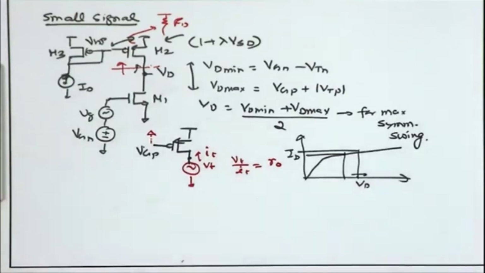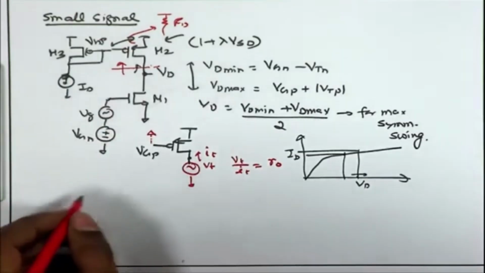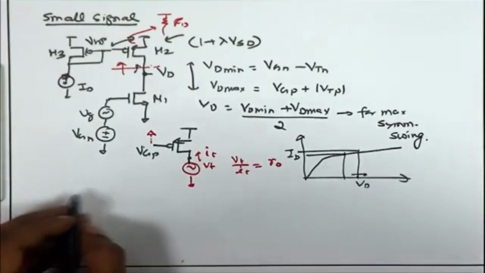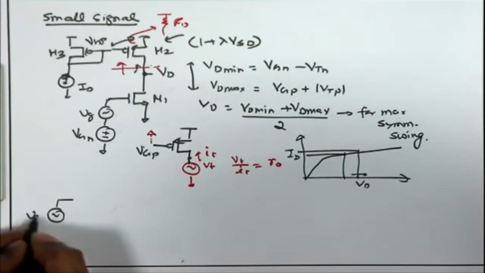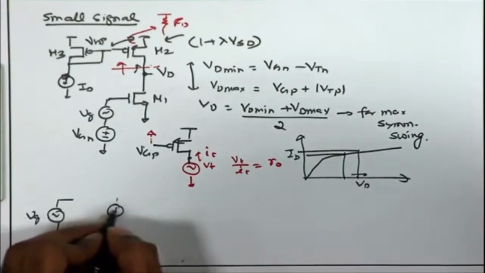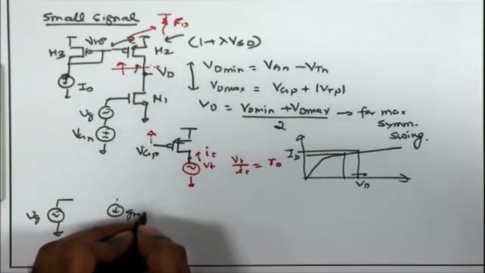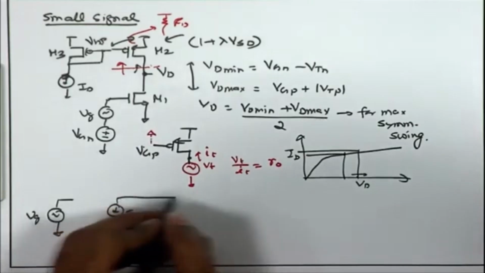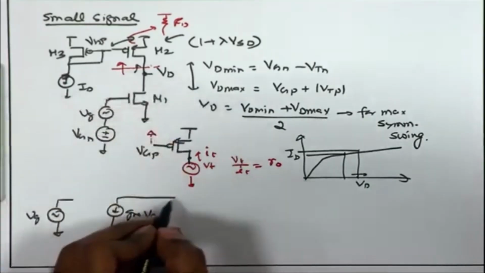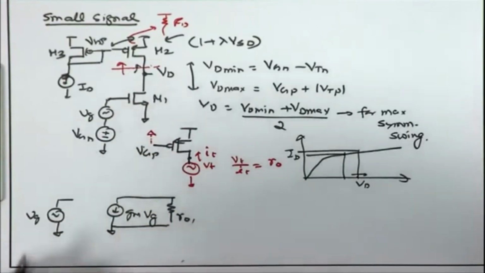So, I can just replace this by the small signal resistance RO, and in that case I can draw the small signal model for the MOSFET as gate voltage is having small Vg, drain to source we are having GM Vgs, which is just Vg because S is grounded. So, GM Vg. For M1 we are going to have the RO of the M1 coming between the drain and the source of M1, which is ground,